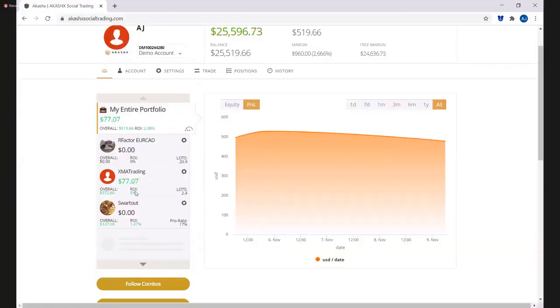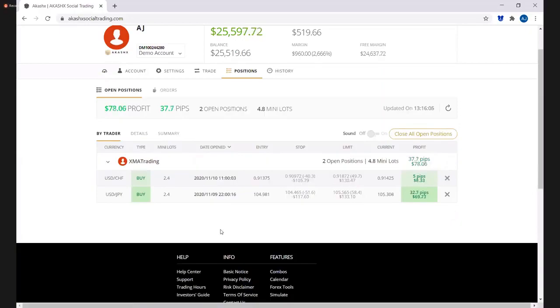So here you can see I've got 3 traders. I do have some open activity right now, so we can check my positions. Okay, XMA Trading has the 2 open positions, dollar Swiss and dollar yen. Here's my lot size. Here's when they were opened, my initial entry price. Here's where my stop is. Here's where my limit or take profit orders are at, a current price, and then what my current P&L is